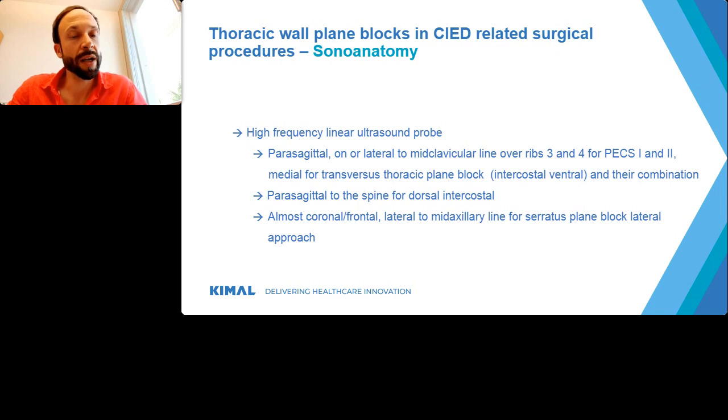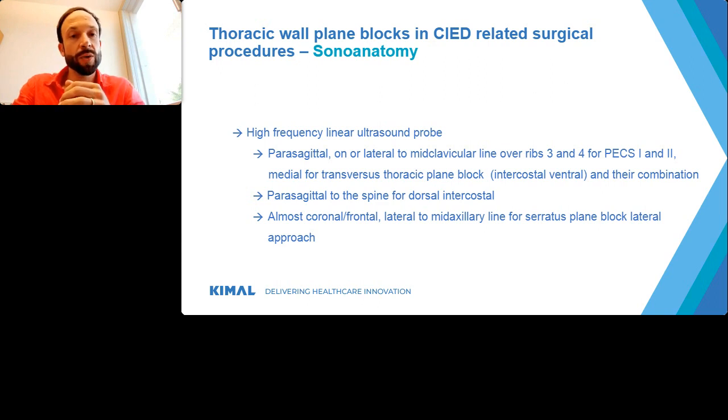Talking about the thoracic wall plane blocks, we need measures to help us identify the structures. Talking about sonoanatomy, we need a high-frequency linear ultrasound probe, the one that you would use for vascular structures, in a parasagittal position on or lateral to the mid-clavicular line. So basically, you'll be putting your probe in this position, and then you can move it down towards rib 3 and 4 for PECS 1 and 2 block,